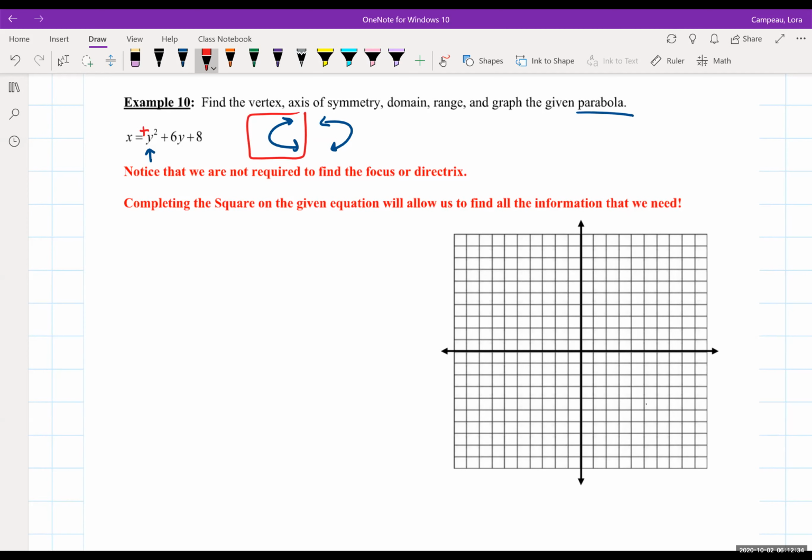So it's really cool if you can look at the equation and predict what the picture will be. That way, when you do the work, you're going to actually have a nice verification that you're correct. So like I said, because they're not asking for the focus or directrix, we can put the parabola in standard form. And just if you remember, the standard form